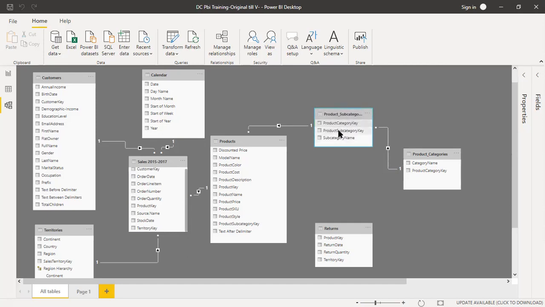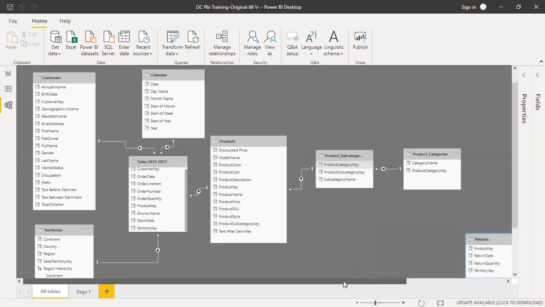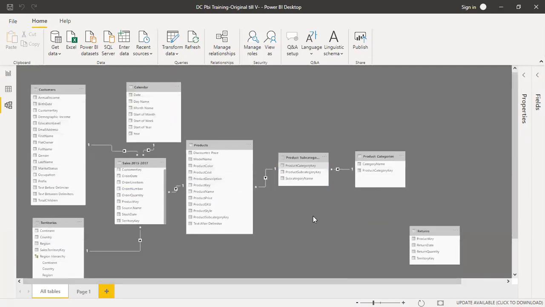Let me repeat, product subcategory is my primary key, product category is my foreign key. Okay, so let's keep this aside. If we move it over here, this entire thing, excluding this returns part, is not part of the data model because it's not connected to anything.